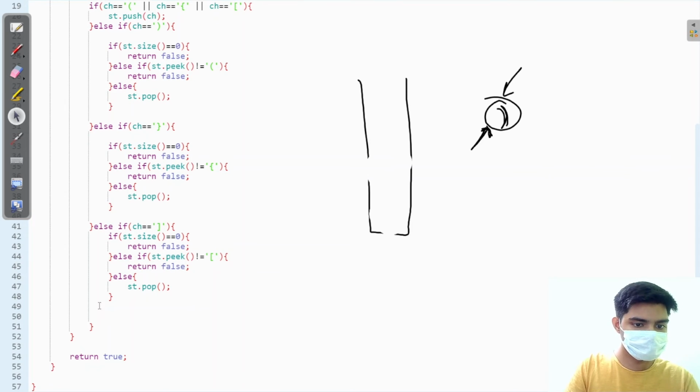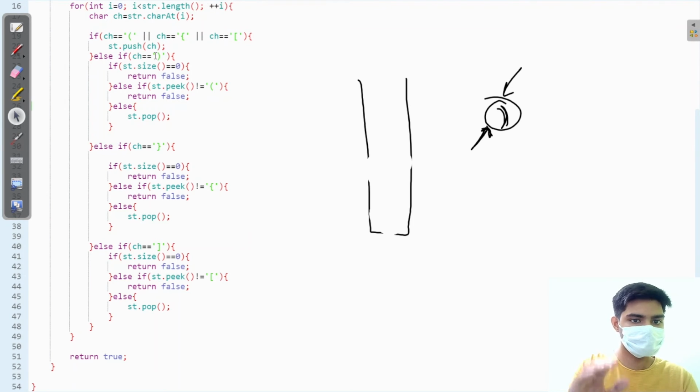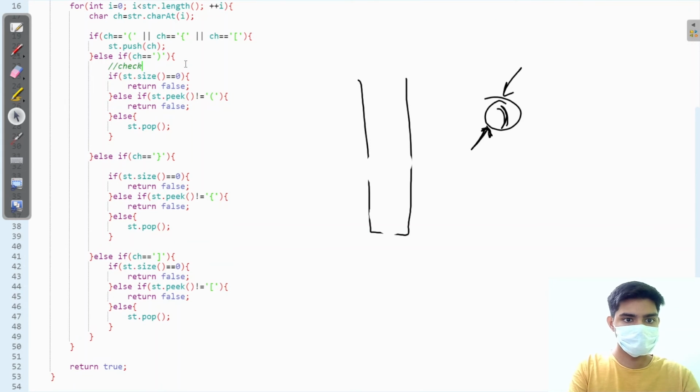So now we have checked for every element whether the size is equal to 0 or not. It means that the number of closing brackets are greater than the number of opening brackets. We have made this check. So the first check is whether the closing brackets are greater than the number of opening brackets.